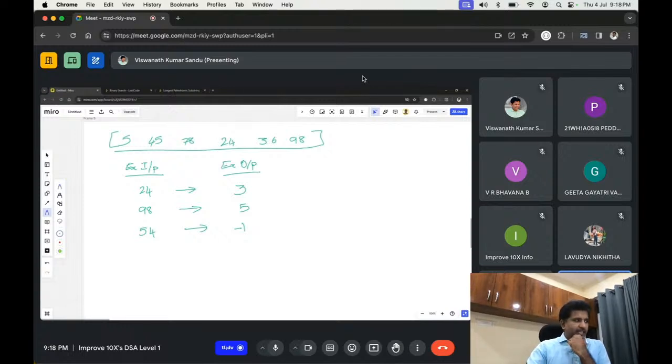One basic thing is checking one element at a time. For example, if I am taking 24, I'll check with the first element. So the element at the 0th index, what happened? False. It is not same, right? So go to the next one. What is the output? Are they same? They are not same. So again false. Next, 78. False. Next, 24. Here it matched, right? Since it is true, what should we do? Return